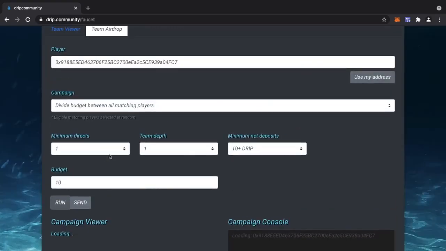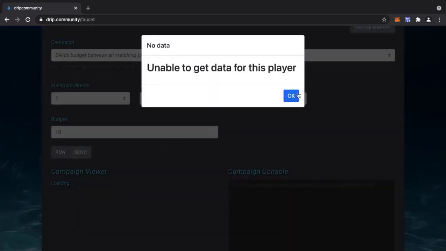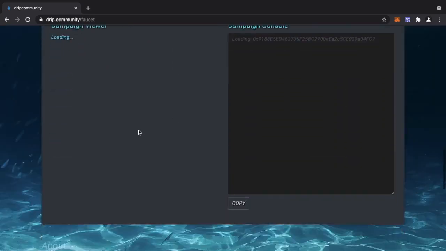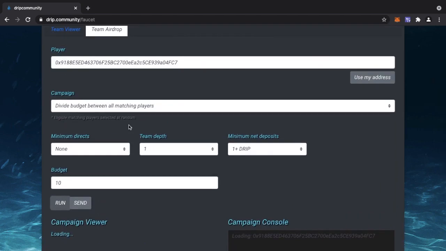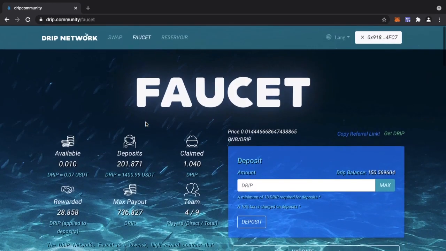Let me see what's going on here. Yeah, because obviously the team depth 1 drip. If I run this, yeah, as I said, there are still some UI bugs that will be eventually ironed out, but it will all make sense soon enough. So at the moment, the main thing is just get into Faucet, get into the platform, and then obviously there's